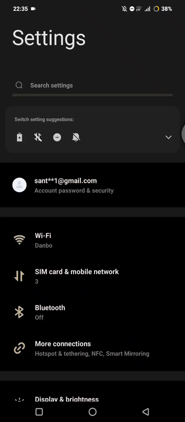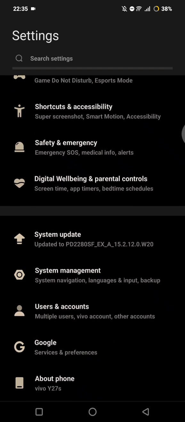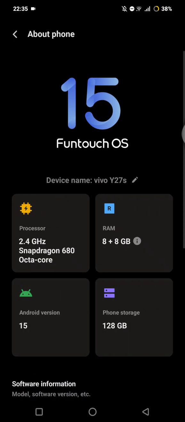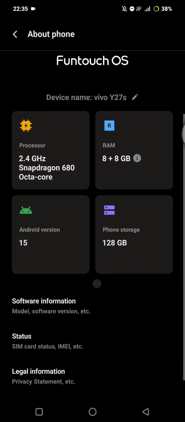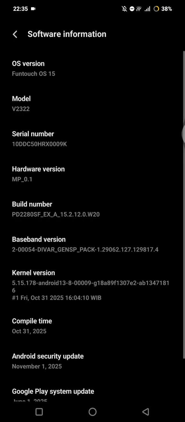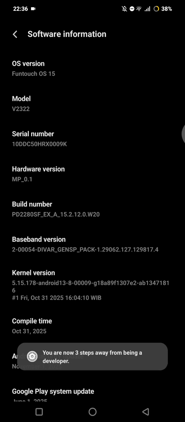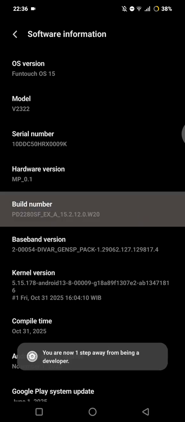First, you can open your settings and scroll down and tap About phone, this one. And then here you can find the build number. This one. Now just tap it 7 times. 4, 5, 6, 7. And you'll see a message saying you are now a developer,